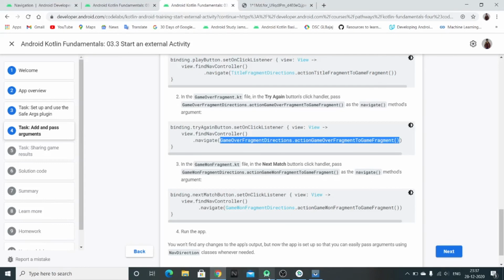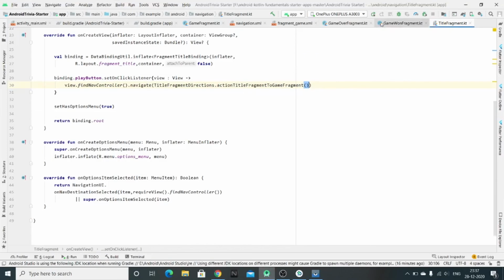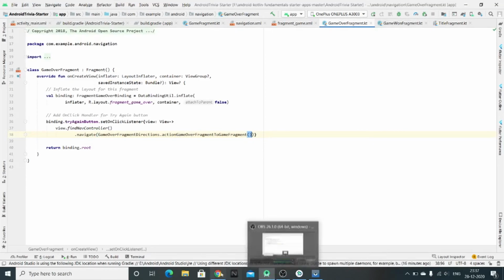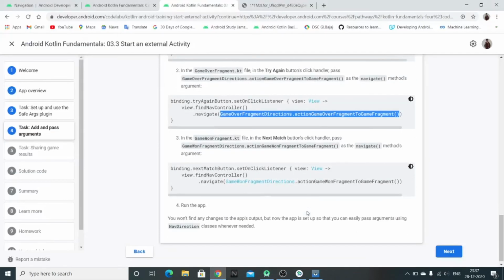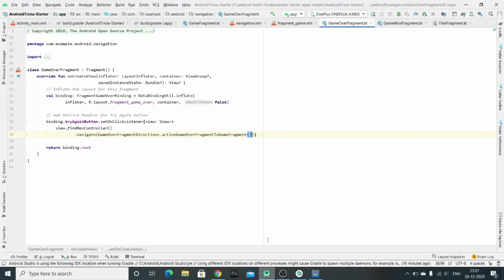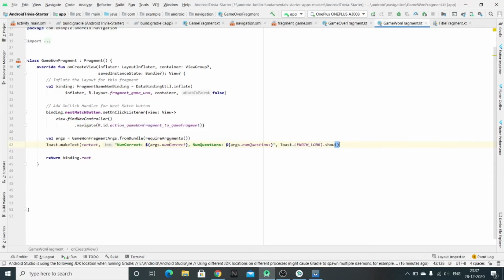So the try again button was in the game over fragment, we need to add it over here. And the next match button was in the game one fragment over here.